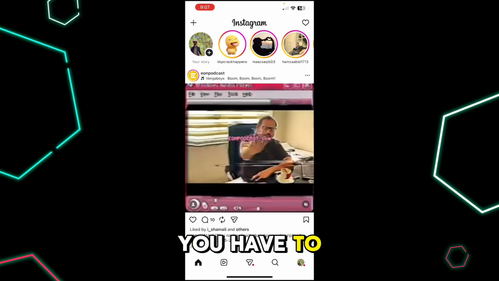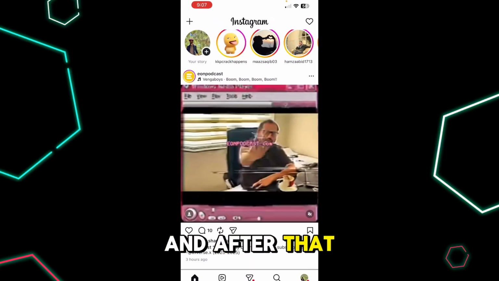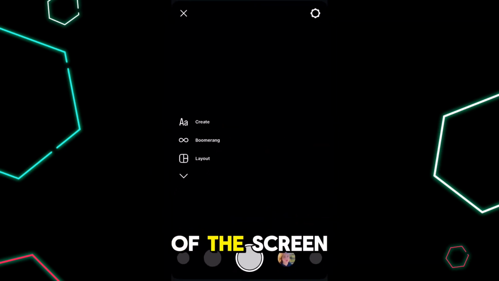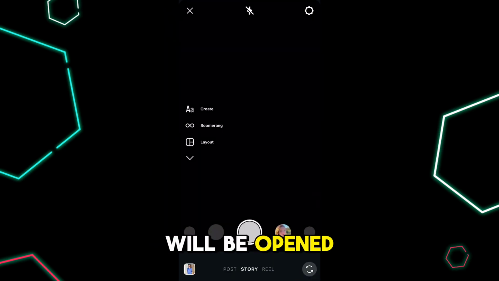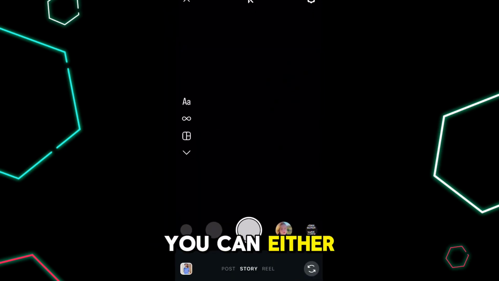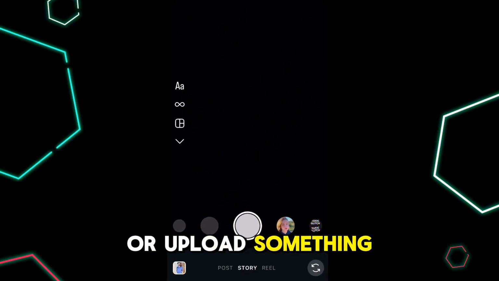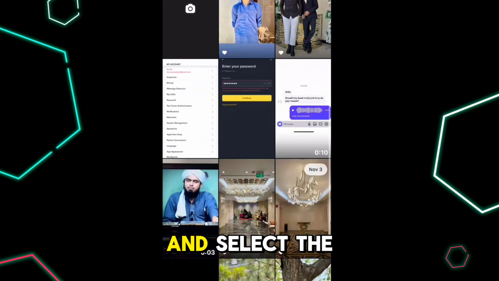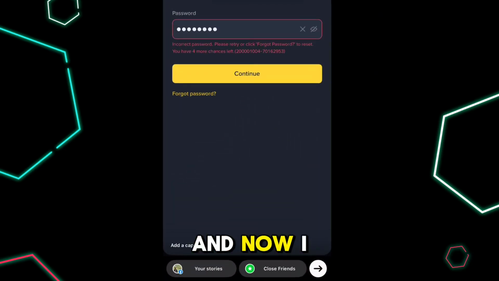So first of all, you have to open up your Instagram account, and after that you have to tap on this plus button available at the top left corner of the screen and your camera will be opened. Now from here you can either capture a photo or upload something from the gallery. For example, if I open up my gallery from here and select the first photo,